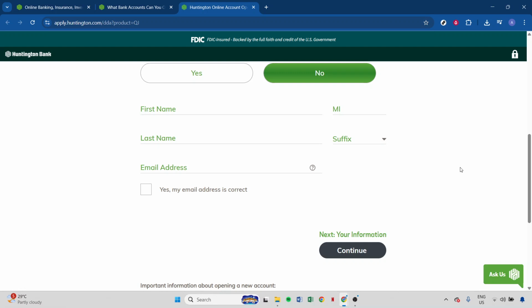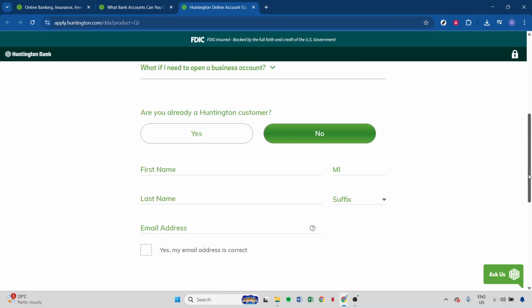By following these straightforward steps, you're now ready to begin managing your finances digitally, benefiting from the convenience and flexibility